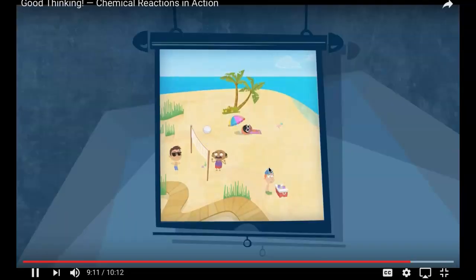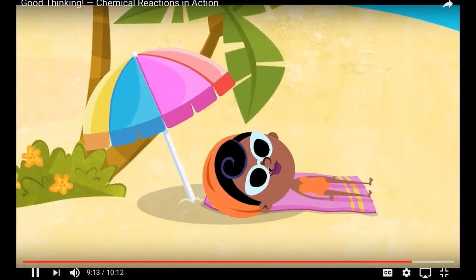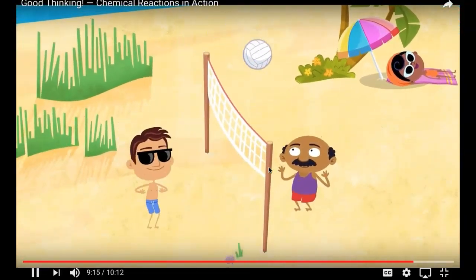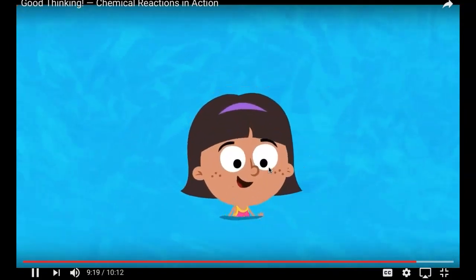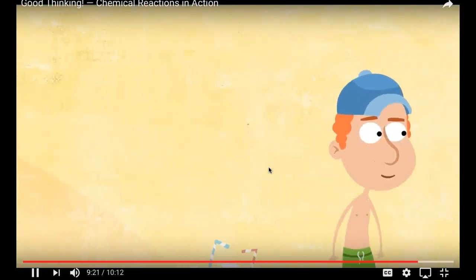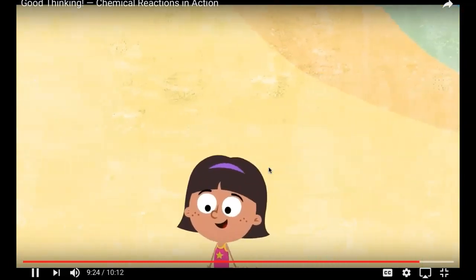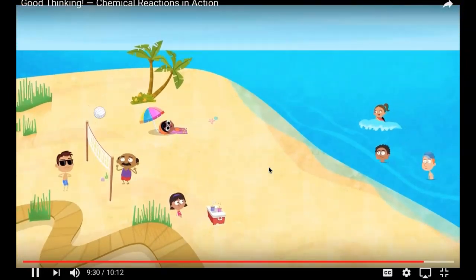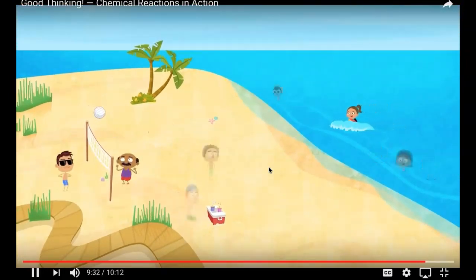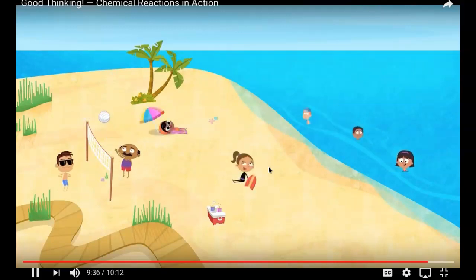Imagine you're at the beach. Some people are going to be lying out in the sun or playing volleyball. Others are going to be in the water, swimming or splashing around. Sometimes people on the beach will get into the water, and some from the water will come out to dry off. But overall, the ratio of people on the sand to those in the water is about the same. It's not frozen. The system is in constant flux, but the overall picture is stable.